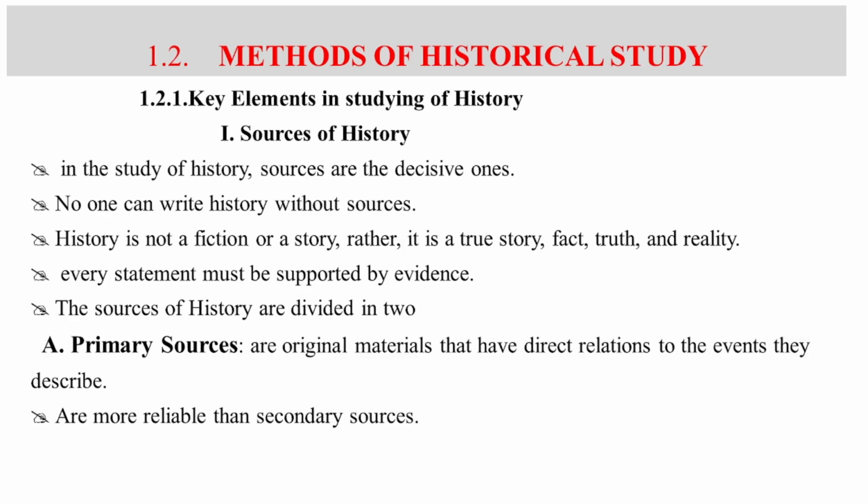What is periodization? Purpose of periodization. You learn about dating. What does dating mean? You learn about calendars, the two important calendars. You will learn under this subtopic about periodization in Ethiopian history, in world history, as well as African history. So when we come to method of historical study, the first subtopic is the key elements in the study